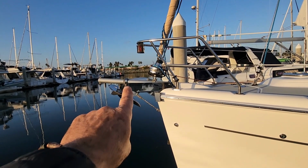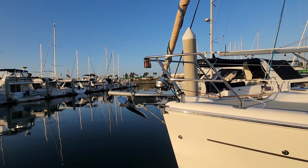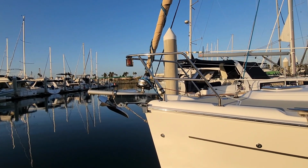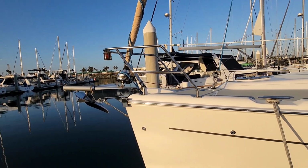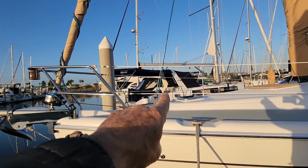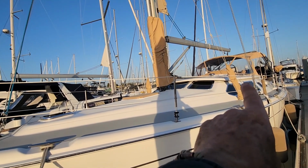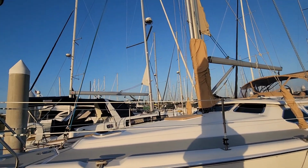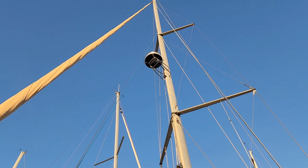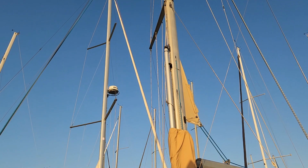She has a bowsprit there, and she's got a furling code 0, so I'll post a bit of video and pictures of that furling code 0 sail. And then moving back, she's got a staysail, custom Ullman staysail that goes back just after the mast a little bit with runner backstays. Very nice custom installation. I'll just zoom in, going up there. So she's got the halyard and everything, runner backs, she's got spare halyards,